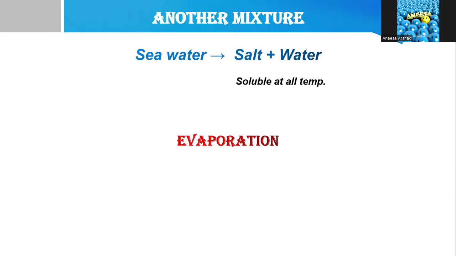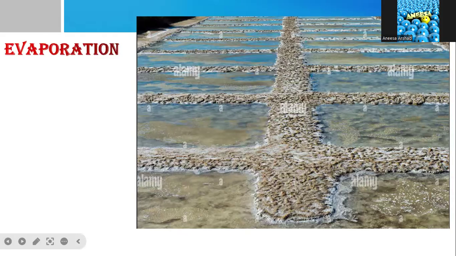So what technique are we going to use? We will use the simple evaporation technique. And this is how we collect the seawater in different patches in a field, and then we allow it to rest for some time under the sunlight, and then the water evaporates, and after some time we get sea salt which will remain in the patch, and we will just collect it. So this is a very traditional way of performing evaporation.